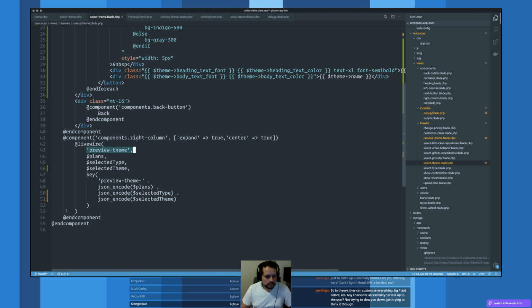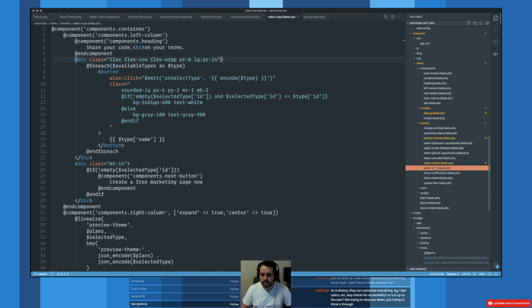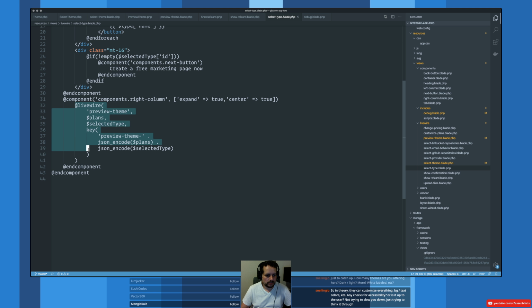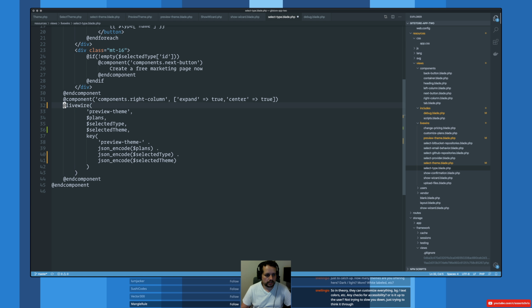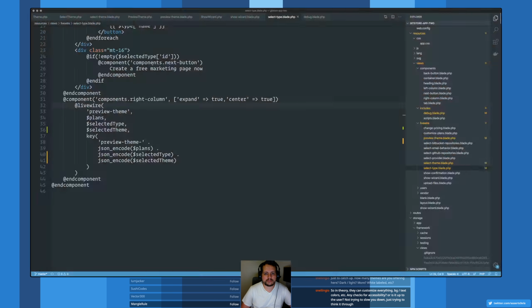I'm not passing this in right in the beginning. That's what the problem is. Wizard shows this, sorry, select type shows this. There we go. It's the second invocation. I would love for there to be a Livewire mechanism for validating input types more than what there actually is. Undefined variable, selected theme,